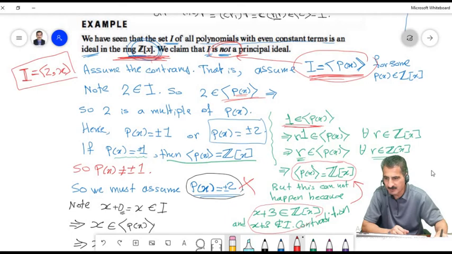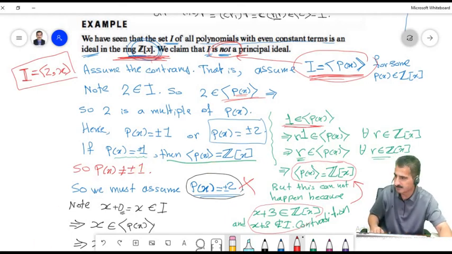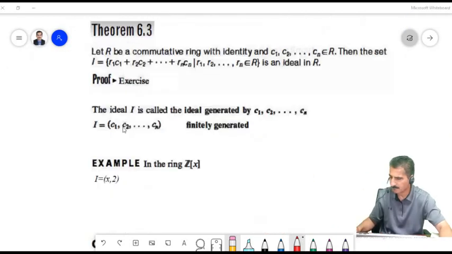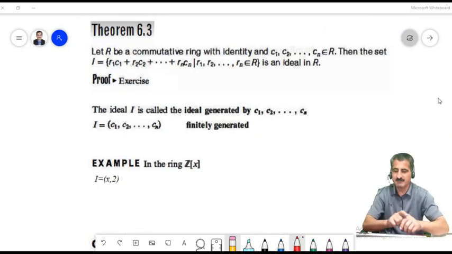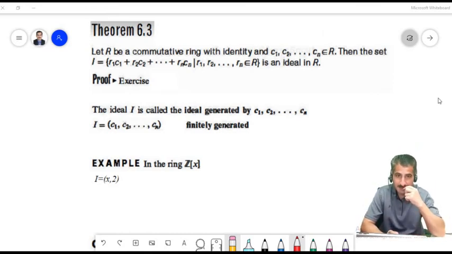And we will see this in a while. An ideal generated by two elements. Okay, some ideals are generated by more than one element. We have seen that the ones that are generated by an element are called principal ideals. Now again,